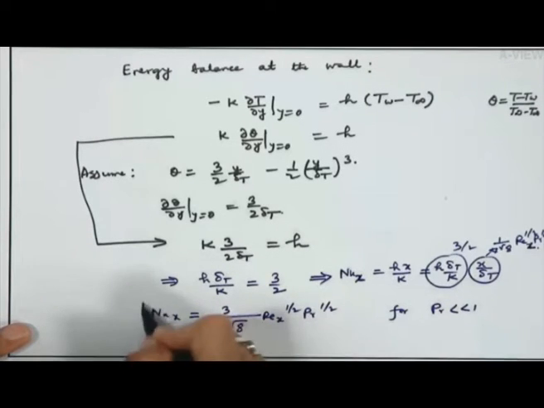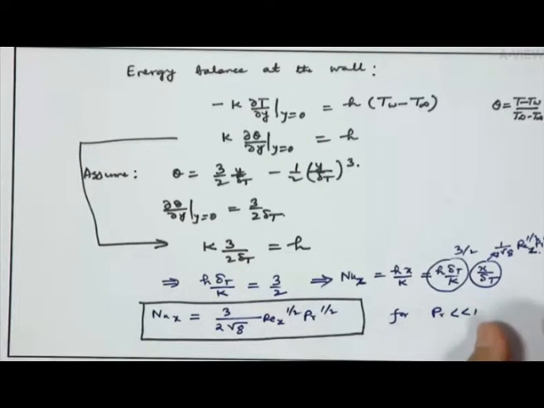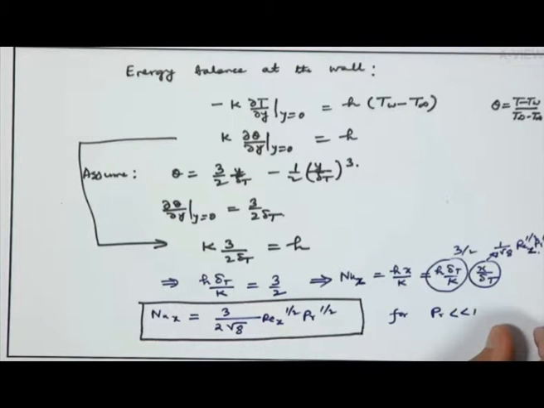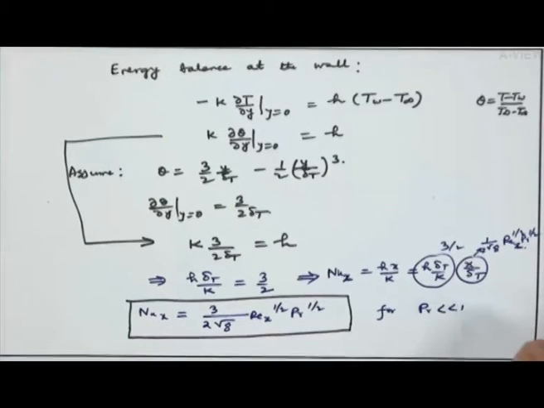The case of Prandtl number much greater than 1 is algebraically a little bit more involved, and I leave it to you as an exercise. Conceptually it is very similar, only in the substitution for u, the velocity profile, you now have to put the actual velocity profile within the hydrodynamic boundary layer instead of taking it as u infinity, because in the case of Prandtl number much greater than 1, delta is greater than delta t.